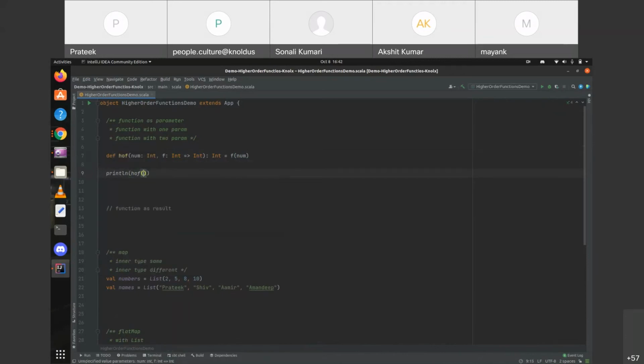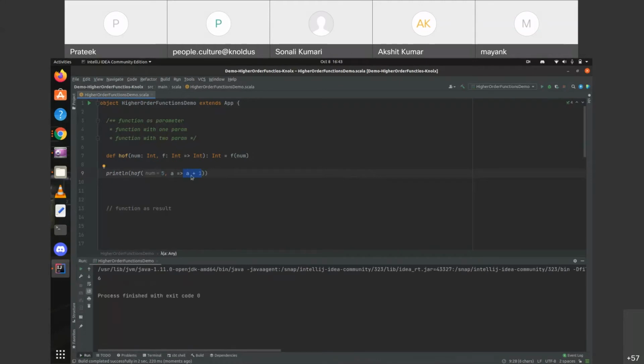We'll pass the first parameter, let's say 5, and then we'll pass the body of this Int to Int function. Here we are simply saying that whatever number is passed here, just increase that number by 1. So hopefully we'll get 6 as the output.